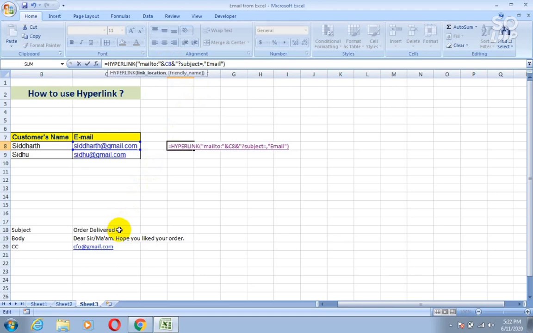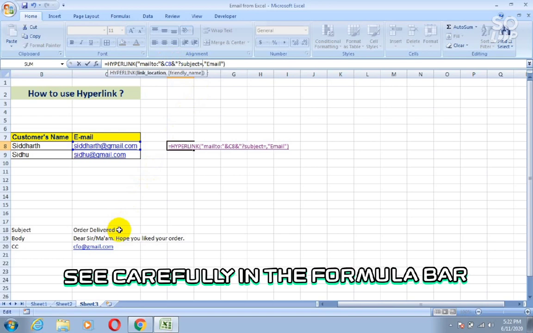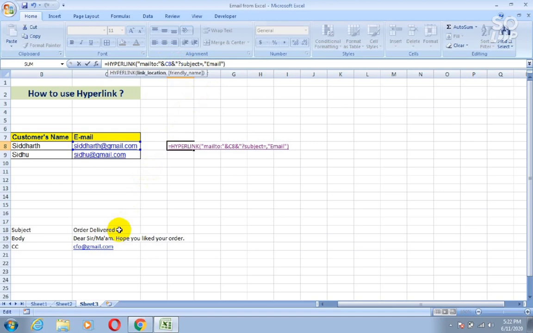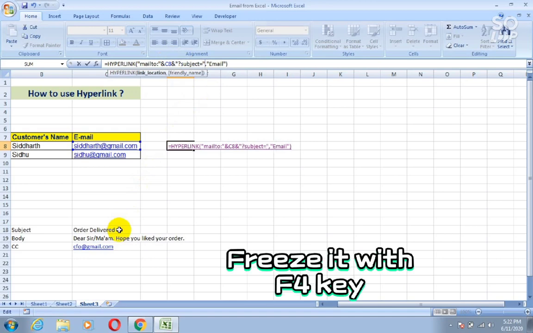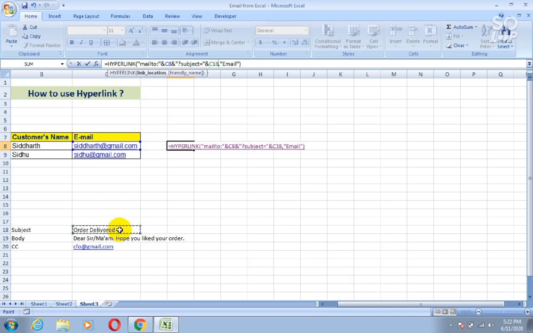Now select C18 cell, that is order delivered, and don't forget to freeze that cell because you want the same subject for all your emails to your customers.